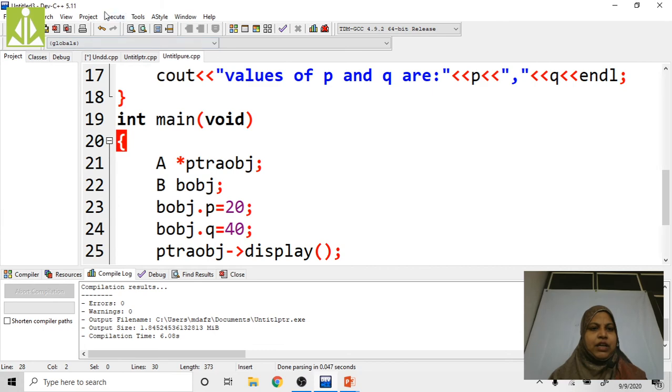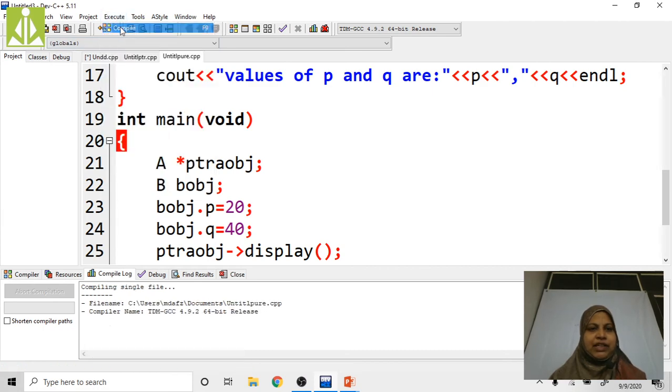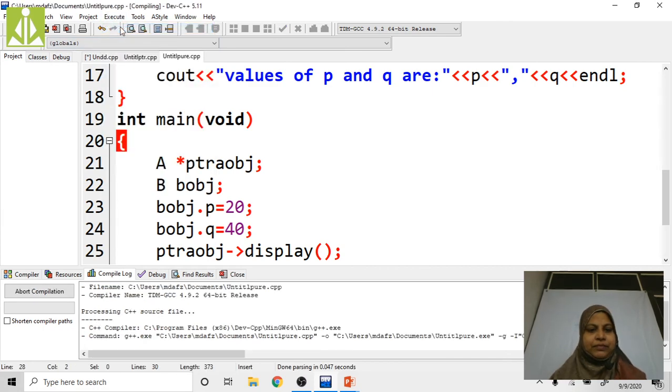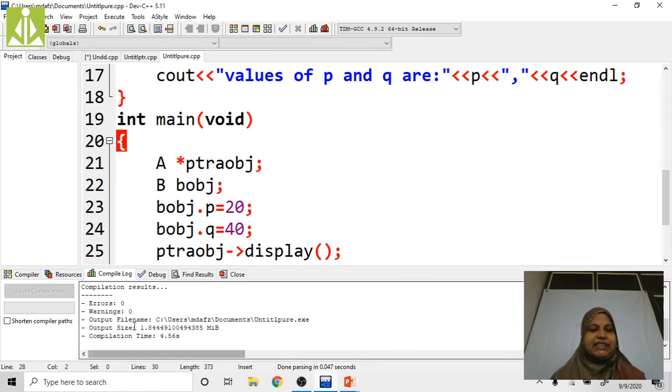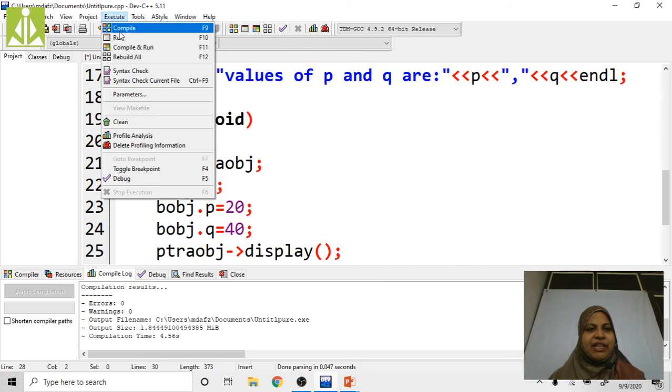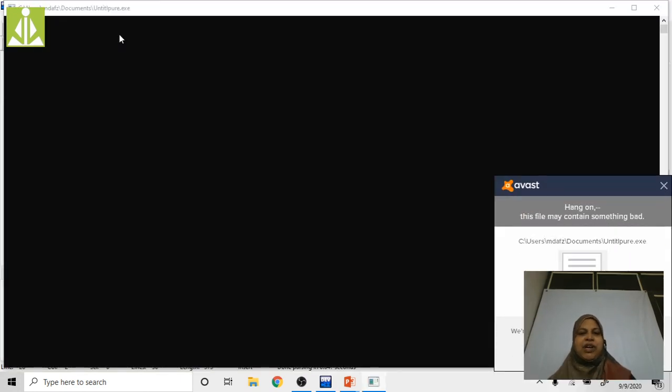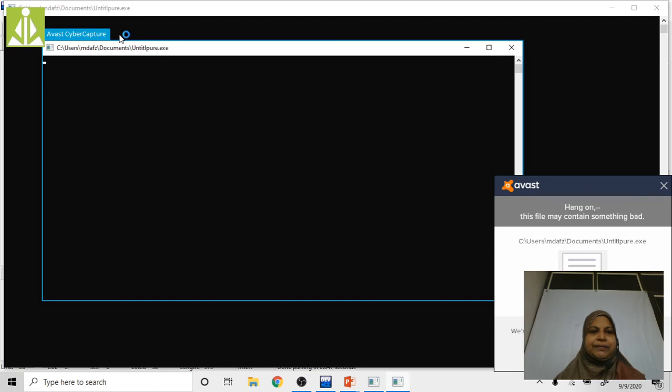First save this program. Now try to execute this one. Compile. Errors are 0, warnings are 0. Now what type of output am I going to get? Values of p comma q are 20 comma 40.